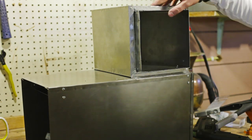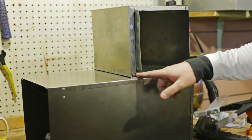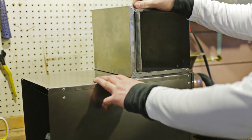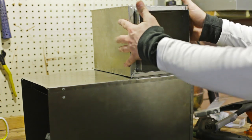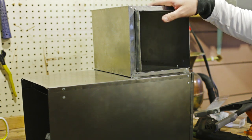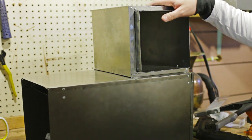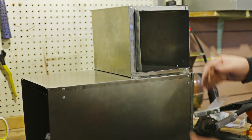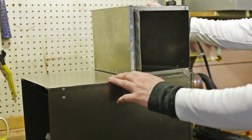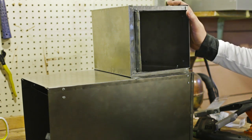So here's the completed oven setup. It's pretty much airtight. There was a little gap along the bottom, and I just put a little reinforcing strip there. Shouldn't be a big deal. I don't think I mentioned it: the oven enclosure here and the oven itself are made with 26 gauge steel, and all of the stove parts so far have been made of 22 gauge steel, because this is where most of the heat is going to go, and this was just a little bit easier to bend and work with. As you can see, everything is riveted together nice and solid,